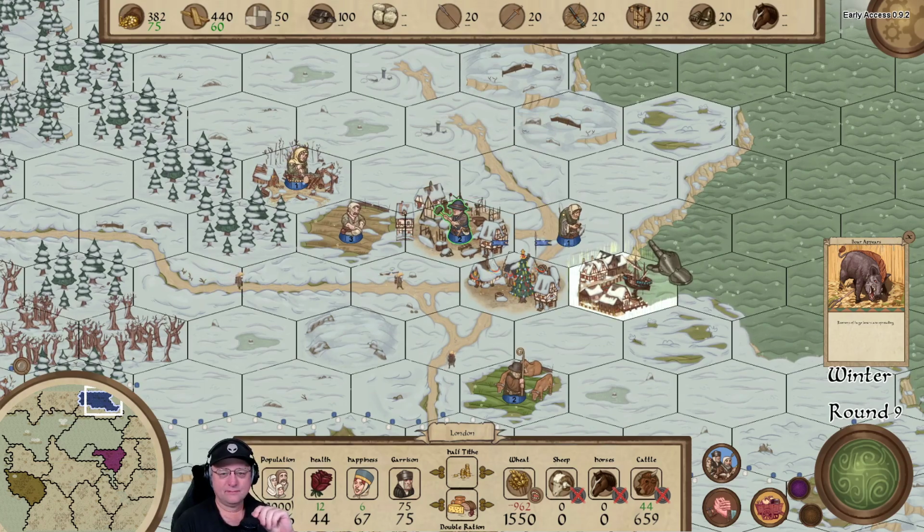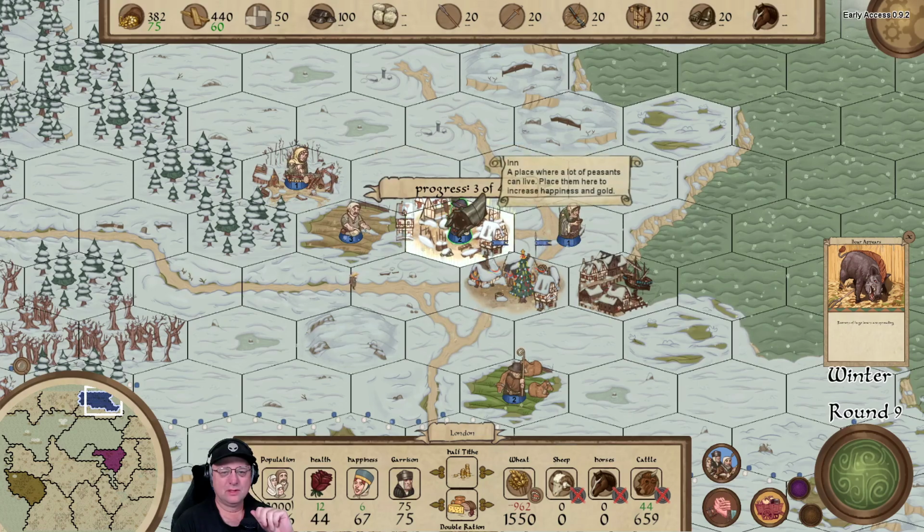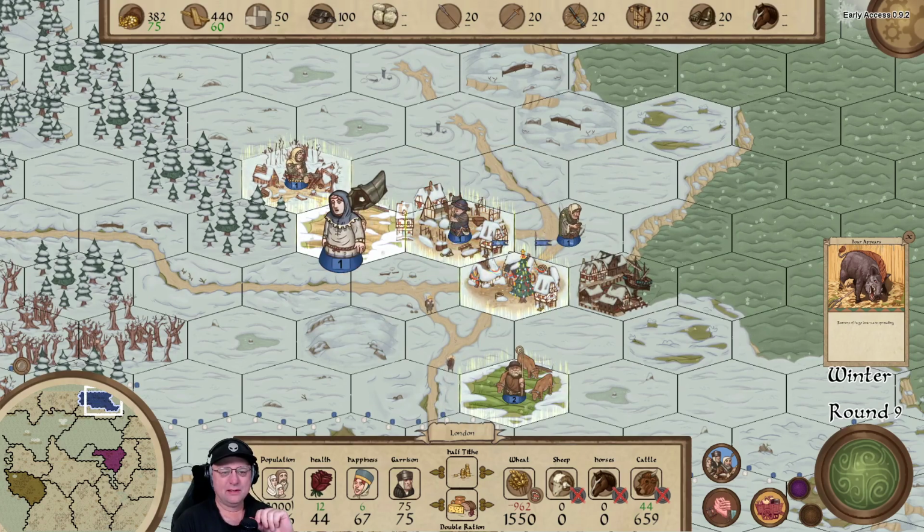So there's the beggar. We can't do anything for him. Doesn't work for you and lowers health and happiness in your region. You should try to get rid of them as soon as possible. So, yep, 3 of 4. So adding more workers did speed things up. So I can pull one of these guys out now. Drop him...